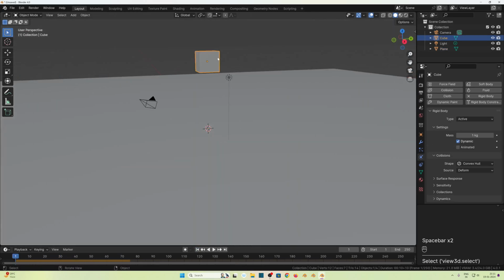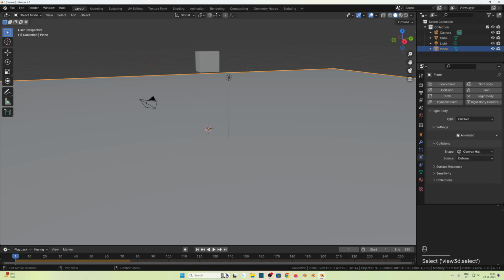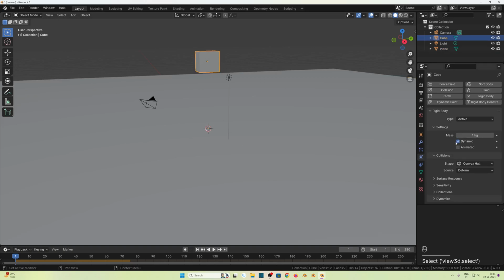Now if we select this cube, as you can see there is a dynamic option and an animated option. If we select the plane, as you can see there is only an animated option. That's because only active rigid bodies have the dynamic option. As you can see, by default this dynamic option is enabled. If I press play, the cube will start falling. If I disable this dynamic option, then press play, as you can see the cube will start acting as a